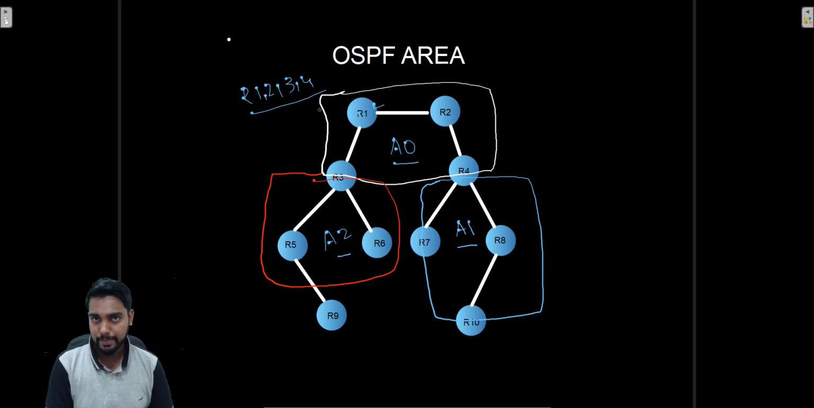With a smaller LSDB, the SPF calculation is faster, and also the processing of the router is less when calculating the shortest path on a shorter LSDB. And that is one of the advantages of areas. Now, since we have areas, we have some terms that you need to know when it comes to areas in OSPF. Over here, you can see this router,